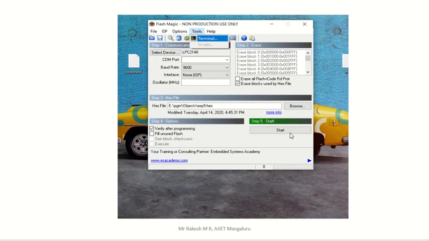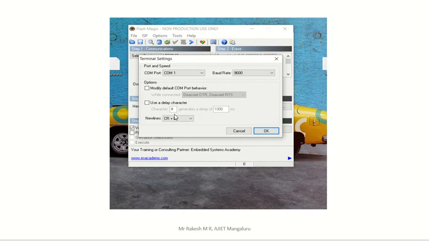Once you click start, just go here. Presently we have 0, that is run, and we are getting 100% here. That means all the code, 100% of the code, is dumped to your kit. Then click on tool. Here we have the option tool. Then go to terminal. Inside tool we have the terminal option. Click on terminal option, and you will get another screen like this.